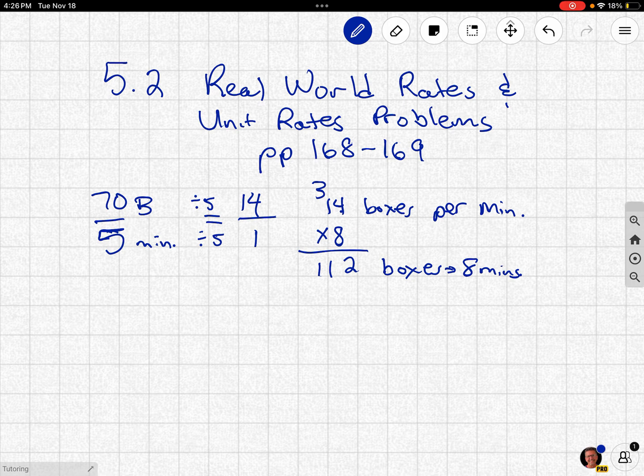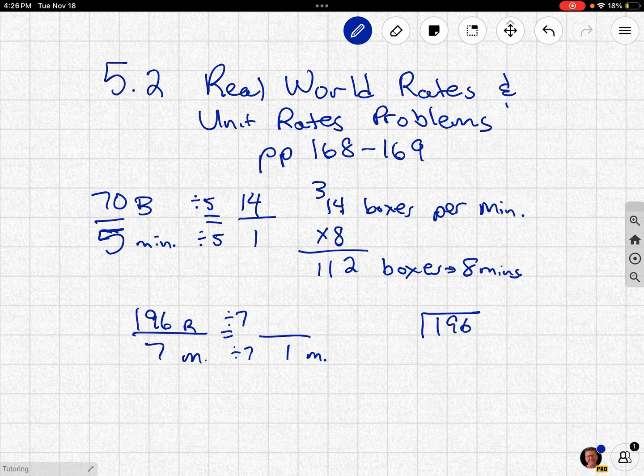Okay, number 1 says a unicycle wheel makes 196 revolutions in 7 minutes. At this rate, you've got to figure out what that rate is. How many revolutions does it make in 1 minute? So we want the unit rate. I'm going to put R for revolutions, and it takes 7 minutes to do that. So it's a division problem, or I can think of it as dividing this by 7 and dividing that by 7. So we should get in 1 minute